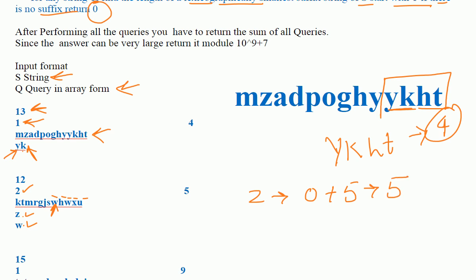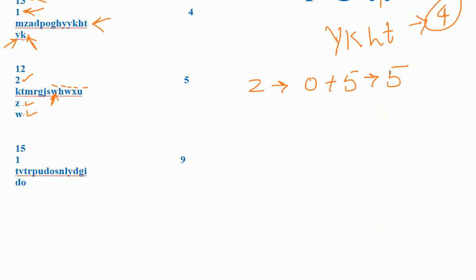For example, let's see the third string. The third string has d or do. So do is there, this one. So from here to here, the length is 9. Clear? If you want, you can pause the screen and count the characters: 1 2 3 4 5 6 7 8 9. Clear? So this type of program was asked in today's Infosys slot.